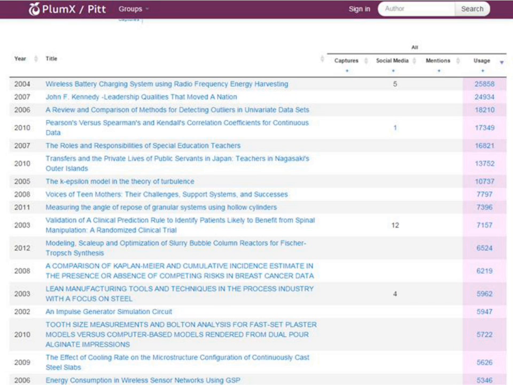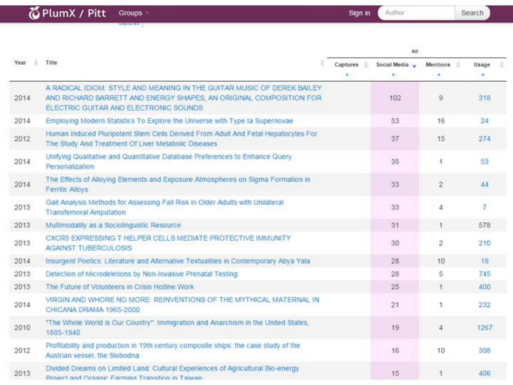If we take this same list and sort it by social media impact, we get a very different picture. Do you notice that the records that have high impact in social media are all pretty recent? If you look at the dates in the leftmost column, you can see that these are all titles defended in the last year or two. I think it's also interesting, we can see here that high social media impact also seems to correlate with a high number of downloads. So all of this is new data that we simply wouldn't have had without PlumX.